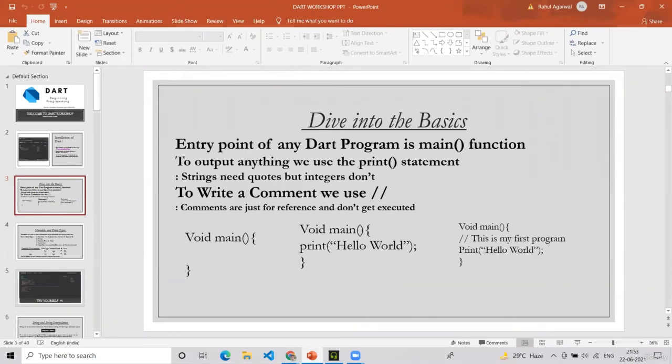Now we know what the entry point is, what the print statement is. And the next thing we have to understand is comments. In any programming language, comments will be there. They help to understand what's going on in the functions; comments are just for reference and don't get executed.